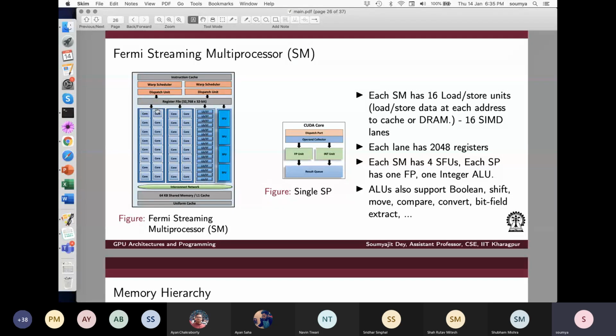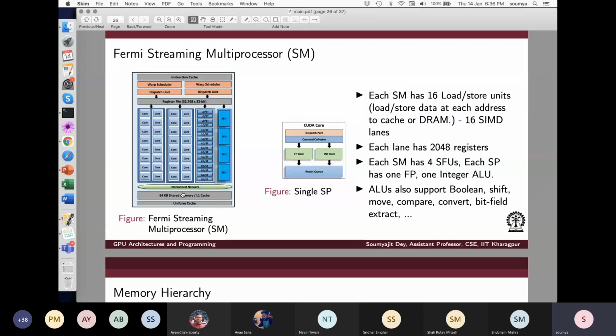So the fastest access is every core's quota of register file. If there is a miss there, it will go to the L1 cache. If there is a miss there, it will go to the local memory or the global memory, whichever has been referred to. It will go to the local memory if the access is to its own items which the core owns. It will go to the global memory if it is to access certain things which are transparent to everybody. It will again go here to the shared memory if the data item has been explicitly defined as a shared data type. We will teach all this when we start with CUDA.